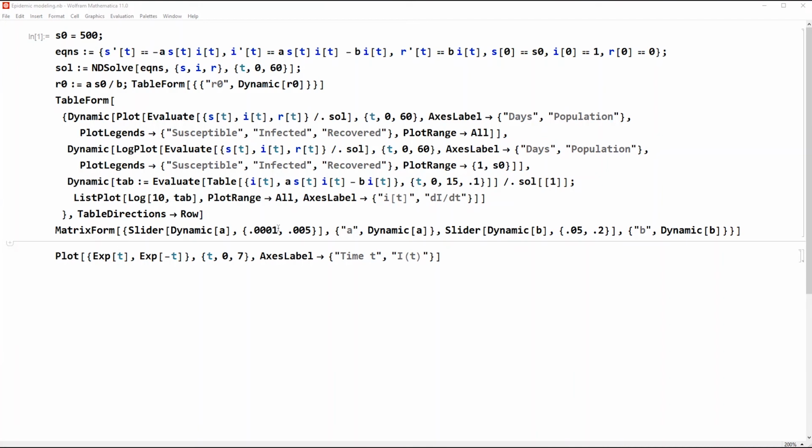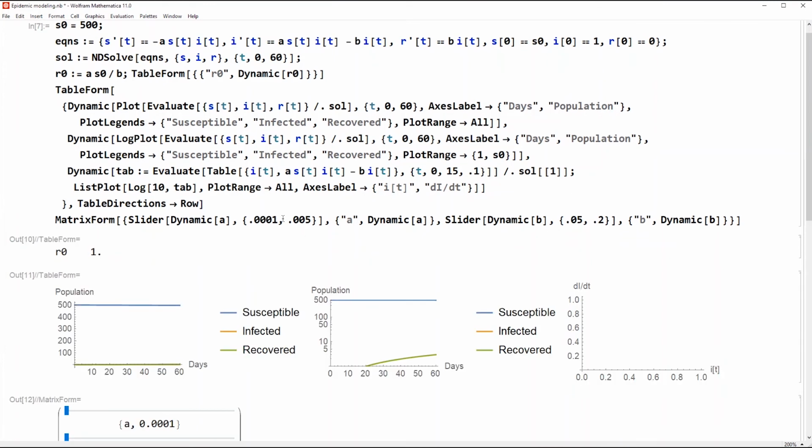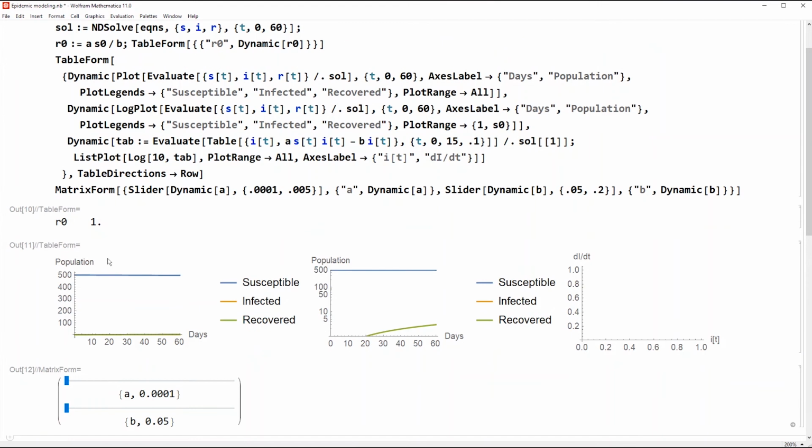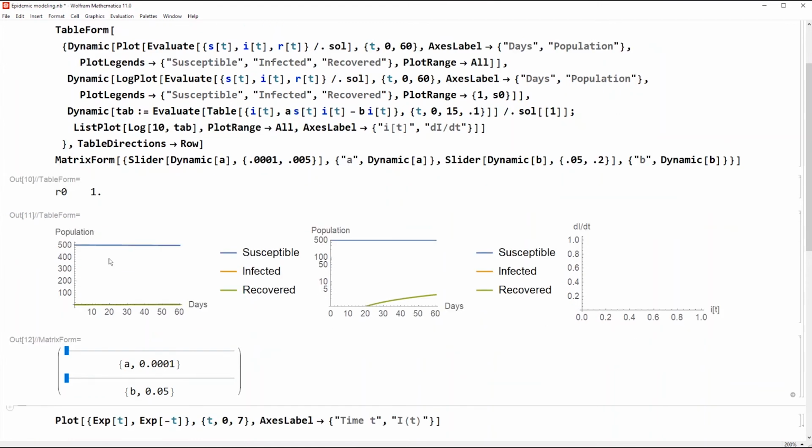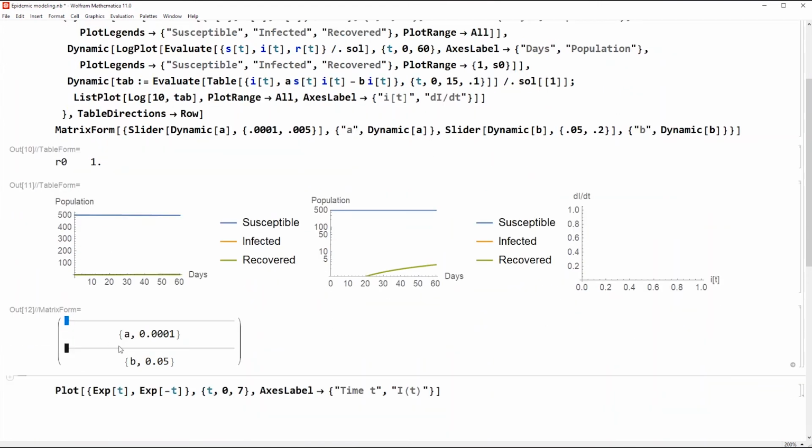And so when I hit Shift Enter, it's going to create this. Now this is an R0 of 1, and so I'm going to use these parameters A and B to represent